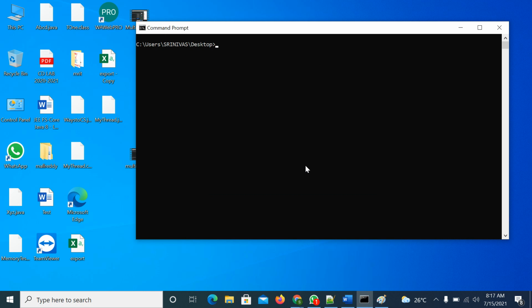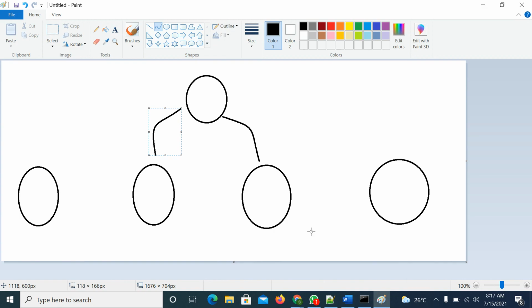So synchronization means, first we need to understand what the drawback is if you don't have synchronization. In a multi-threading environment, multiple threads are executing. So what is the problem?